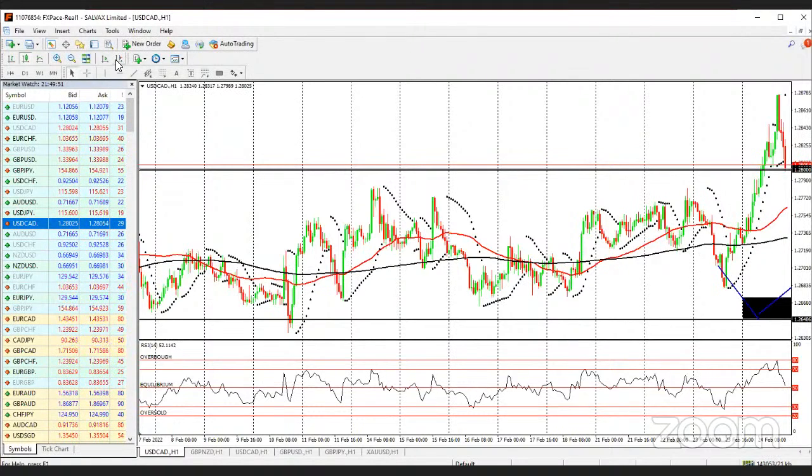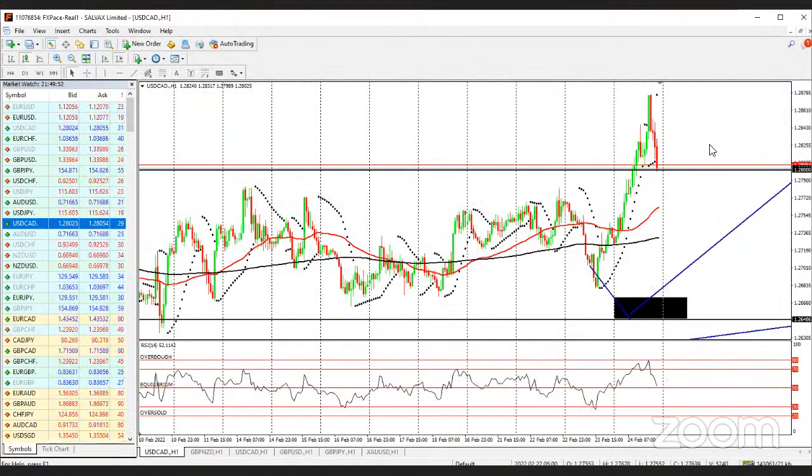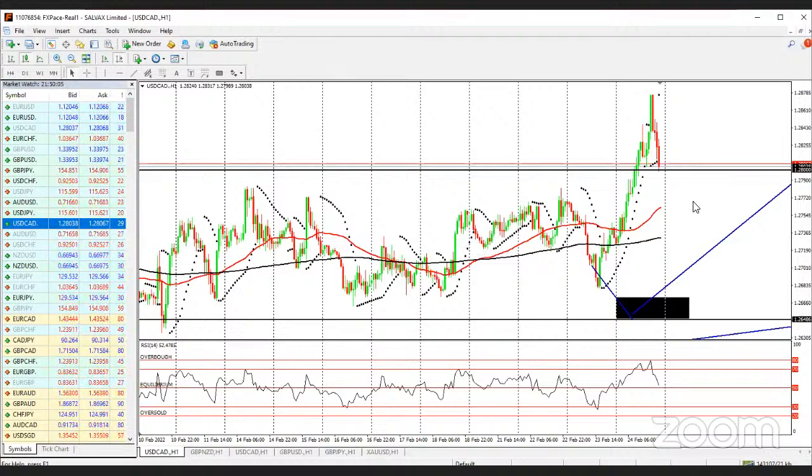Look at what price did. I remember using this to show them yesterday. I said, if finally price breaks the range, it will come back for a retest of that range. After all of this, you don't buy at the top. Rather, this was all of the things we did yesterday. Rather, you wait for price for a retest before a continuation.